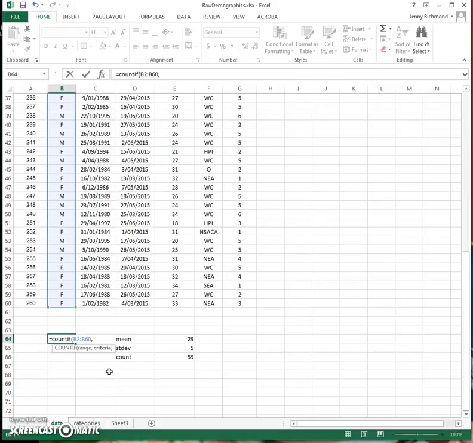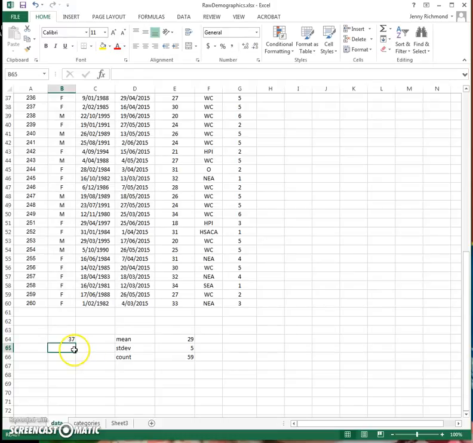So let's start with females first. We want it to count how many of those values in that column are F's, and it tells us that there are 37. You just press enter when you're finished entering your formula. It'll tell you that there are 37 females, and then we can do the same thing